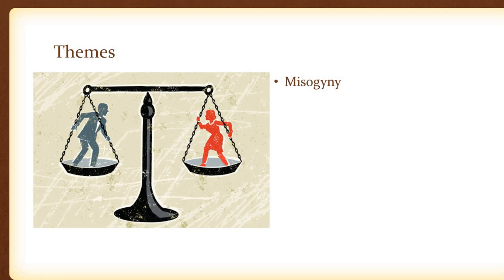There's also misogyny in this play. So one thing that you may have noticed actually is that there really is no appearance versus reality when it comes to the female characters in the play. Ophelia and Gertrude are depicted to be very simple, very weak, very emotionally driven, and this was the common view of women in those days, which obviously is not true, and many modern readers would definitely see that disparity immediately, that these female characters are not made to be very complex, they're just made to be very simple and fragile